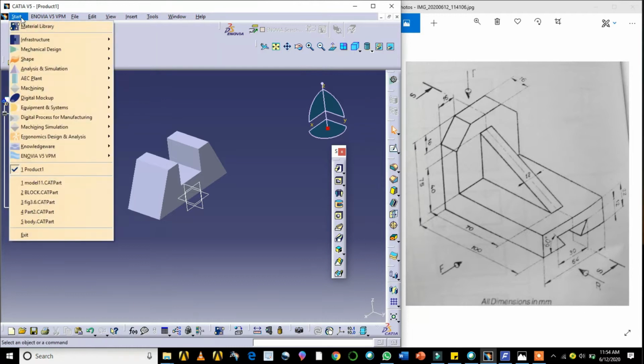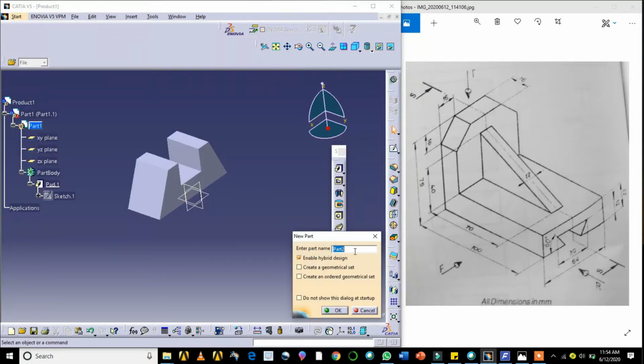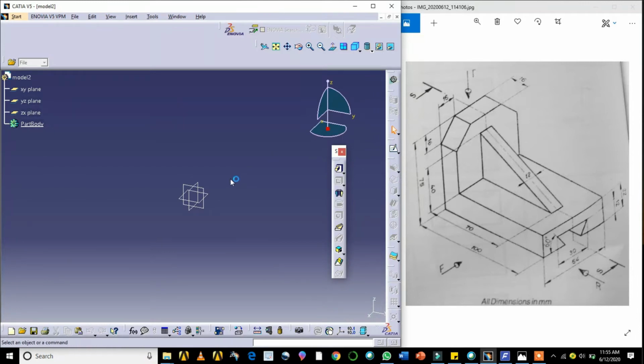Go to the start menu, under mechanical design, go to part design. I'll name it model 2. I'll select this plane and go to the sketch.